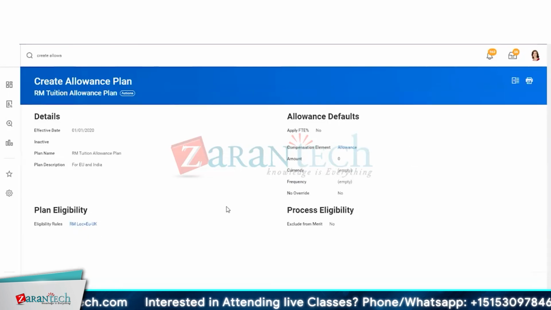We'll click OK. All right, so we'll continue from there, and we'll see how the eligibility rule is used to default in certain plans at the time of hiring or during job transfers. So we'll actually do a job transfer, and we'll see that if we transfer someone from the US and we transfer them to India or UK, and now by default during that job change process,